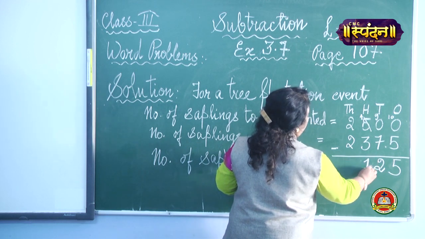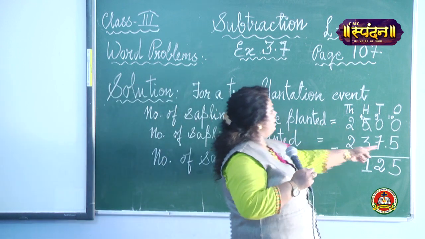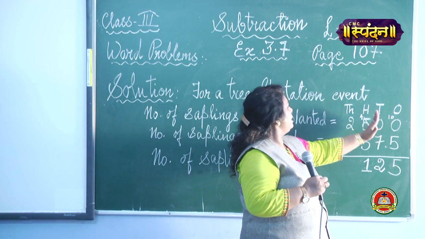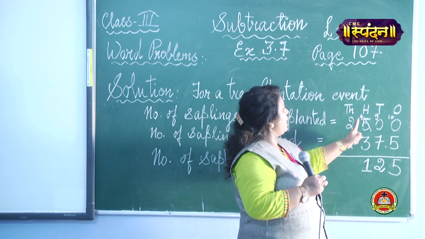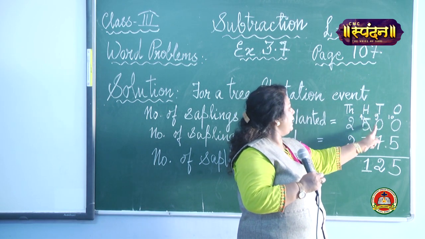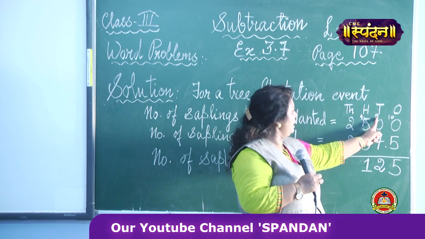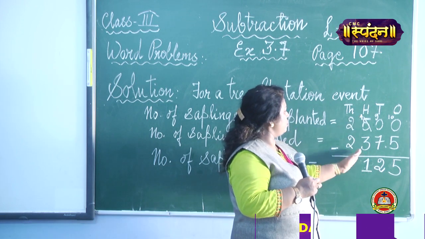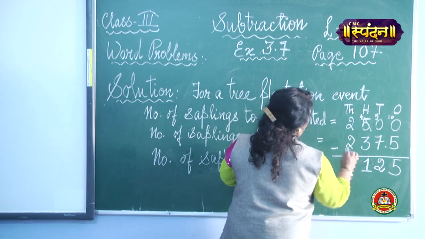Okay? So, I repeat, 10 minus 5 is 5. यहाँ से 1 borrow कर लिया. From here, this number from tens place, we have only 0. So, we will have to ask from hundreds place. यहाँ से 1 ले लिया. Here it will be 10. 10 से again इनसे मांग लिया, so that way it will become 9. 9 minus 7 is 2. Here it is 4. 4 minus 3 is 1. And here 2 minus 2 will be 0.